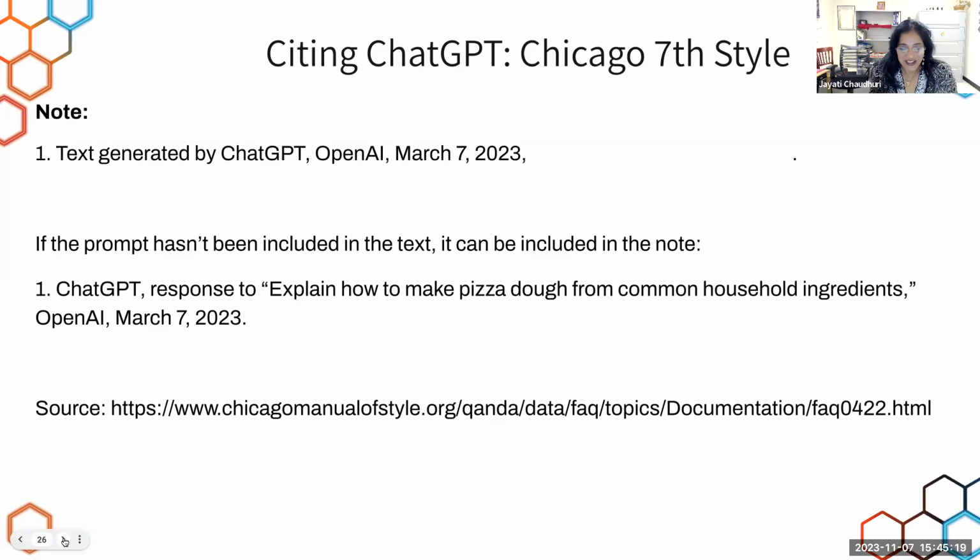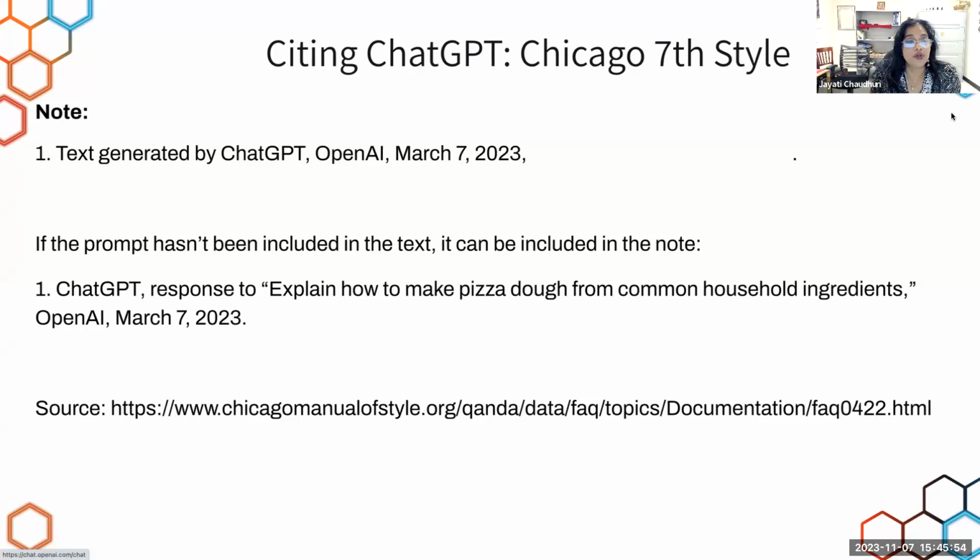So I wanted to explain that to you all so that when you are constructing your citation, you know how to add ChatGPT in your citation depending on what citation style you are following. So OpenAI is the publisher of the content. So if you have edited the AI generated text, you should say so in the text. So in the parentheses, you can add that information, and in your citation in text,